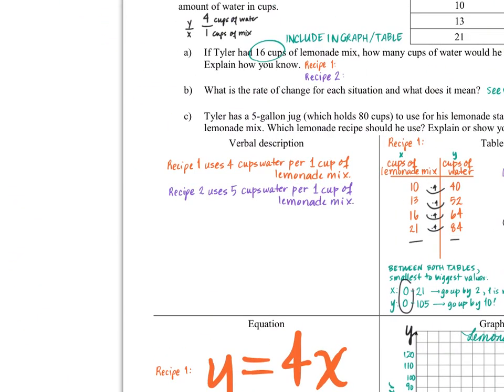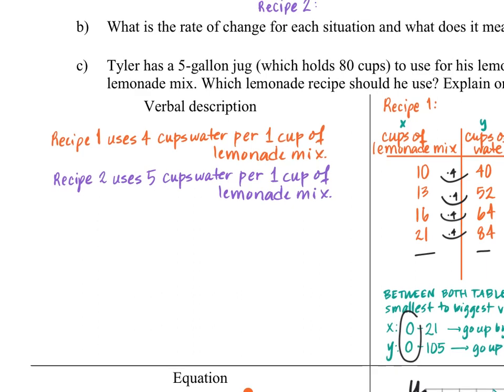If you take a look at the verbal descriptions, that's really just capturing the rate of change or the constant of proportionality in a sentence. And we did that right away. We did it from the table with recipe 2 and said that we need 5 cups of water per 1 cup of lemonade mix. And for recipe 1, we pulled that out of the equation. If you're not sure how to pull the constant of proportionality out of the equation, it's always good. You can